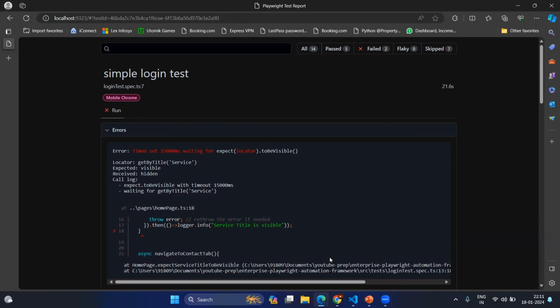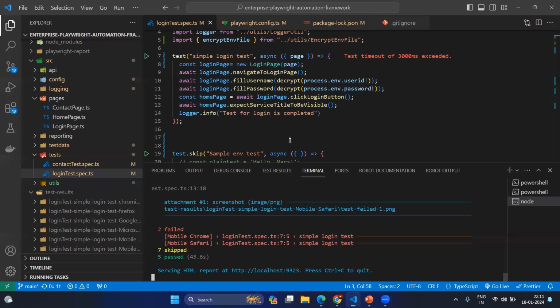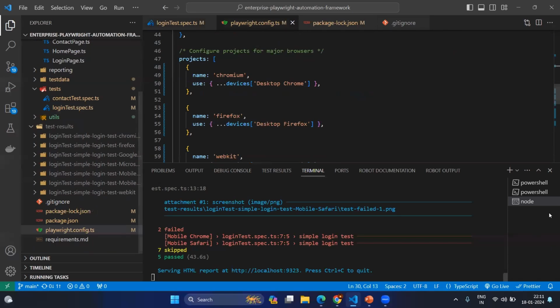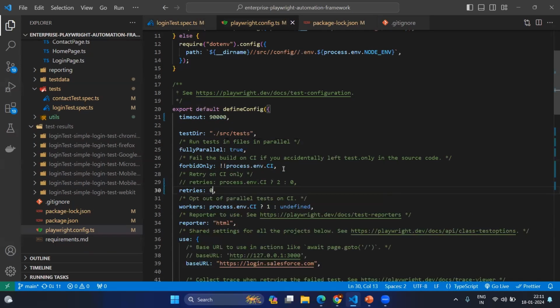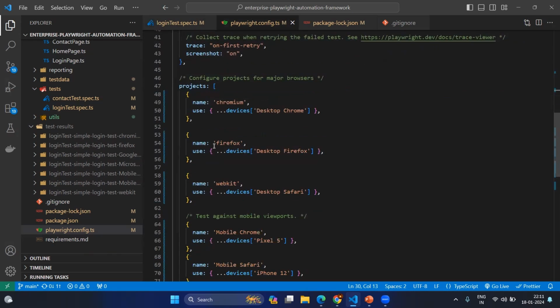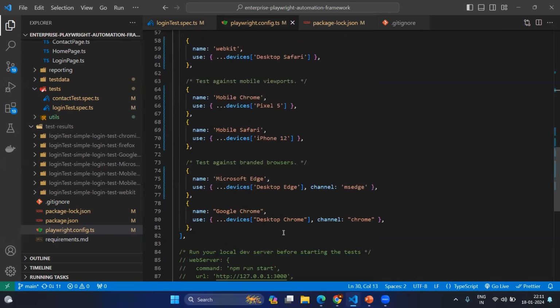In most scenarios, we will be running on the major browsers such as Chrome, Safari, and Edge. Again, the point to be noted here is that we are not running on the actual devices. We are simulating the devices, their screen size, and other parameters such as network capacity. So again, to recap everything, in playwright.config.ts it's very simple. You don't need to go anywhere. Just go to the playwright.config.ts and enable the projects. Inside that, you might have different browsers or different devices. Whatever you would like to execute, you can mention that. So this is a simple way we can do cross-browser testing in the